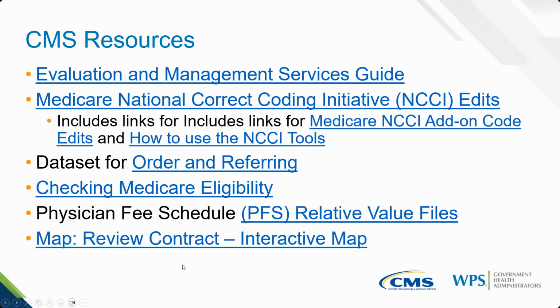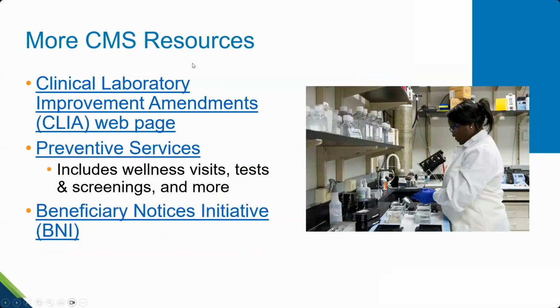It helps you determine who you need to send your claim to. Where is it? It'll provide the railroad board contractor contact information, for example. That's why that's there. CLIA, all things CLIA are on the CLIA webpage, talks about getting that certification number and reporting it. CMS has some great preventive service tools on their website, just a ton of them. I love that they have one that will show you all of the offerings that CMS allows Medicare to make payment on, those preventive services.